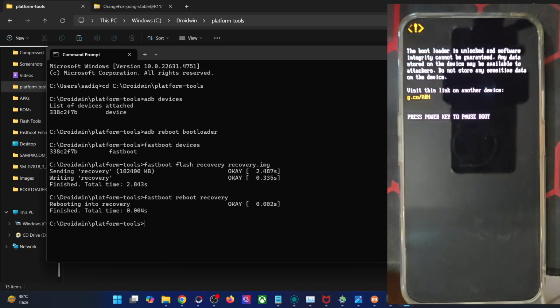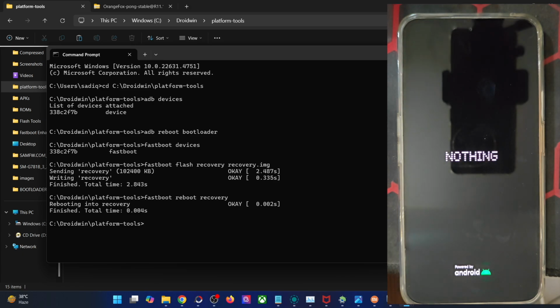Once that happens, as I've told you, Magisk has been installed in the backend. In the front end, Magisk is yet to be installed. So we will install the APK, and after that, Magisk might ask you to do a direct install or tap on OK in the additional prompt that appears. In that way, Magisk will get the job done on its own. So let's see what happens, and then we will proceed with the next step.